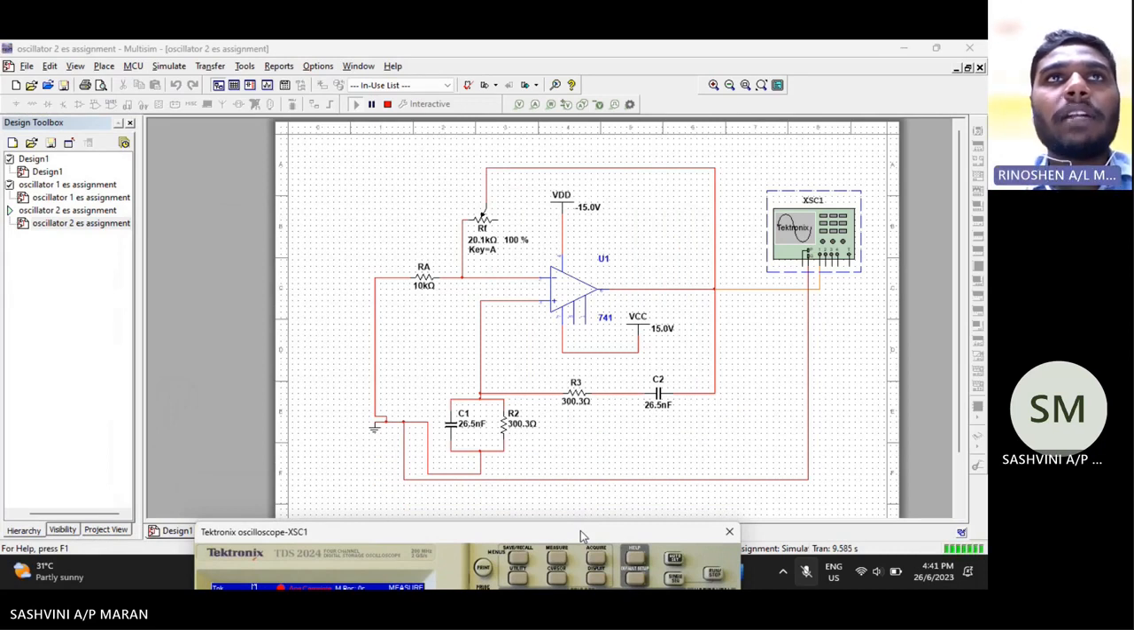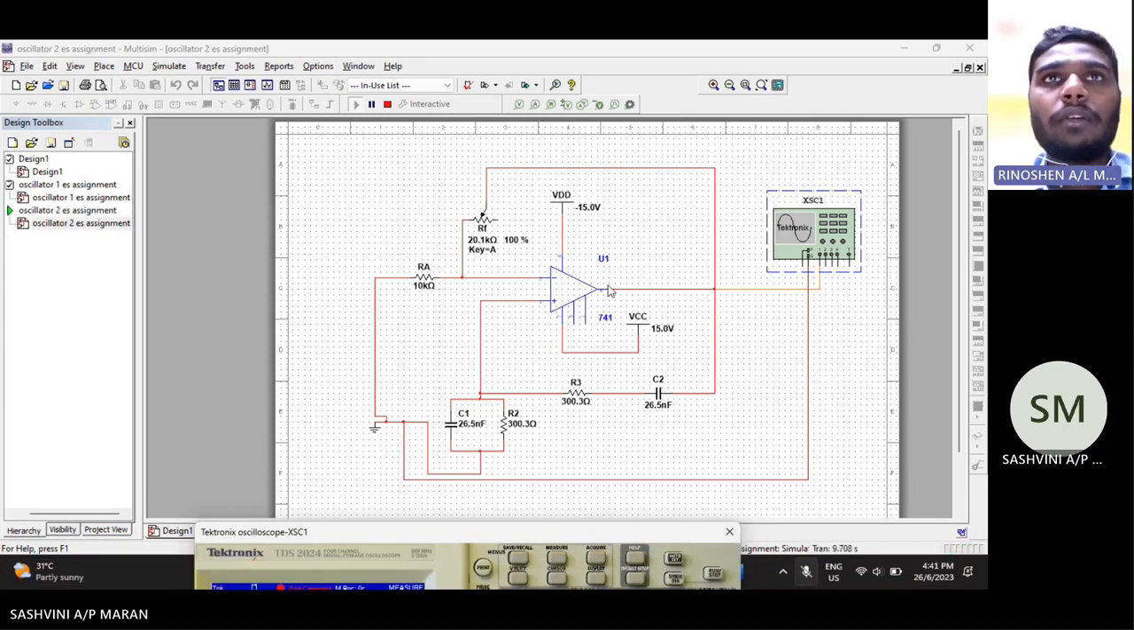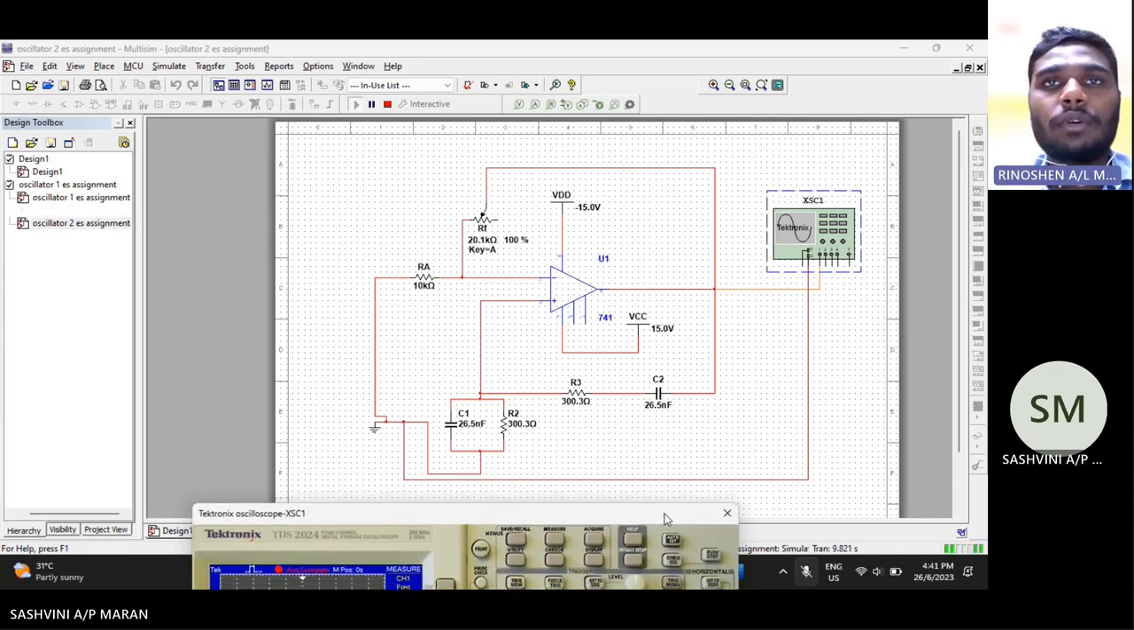Okay, this is the Multisim circuit for the oscillator 2. The upper one is the negative feedback loop and the lower one is the positive feedback loop. As we go to the oscilloscope,